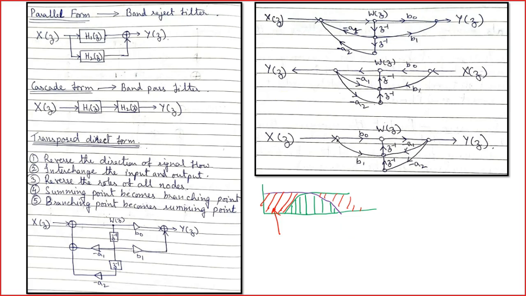So when we talk about the development of band pass filter or band reject filter, in both the cases we have to use two subsystems H1Z and H2Z. However, the arrangement of H1Z and H2Z will be different. Okay,